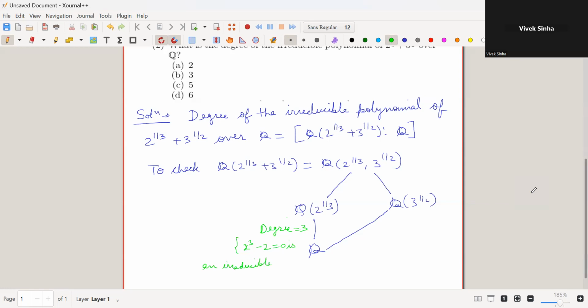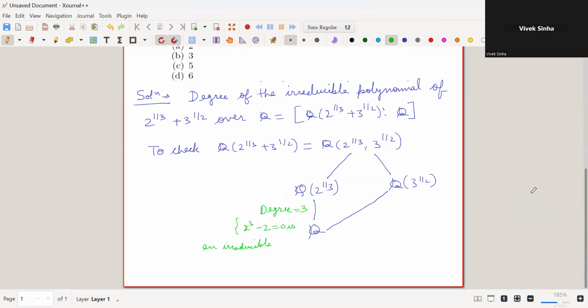Why is it irreducible? You can just use the Eisenstein criterion and see. The other way to look at it is, this is a polynomial of degree 3, so if it is reducible, then it must have a root, because you can break it as a polynomial of degree 1 and a polynomial of degree 2, and then you can see that it won't have a root. That's the other way, or the easiest way is you already know the Eisenstein criterion and you can use it. So it's an irreducible